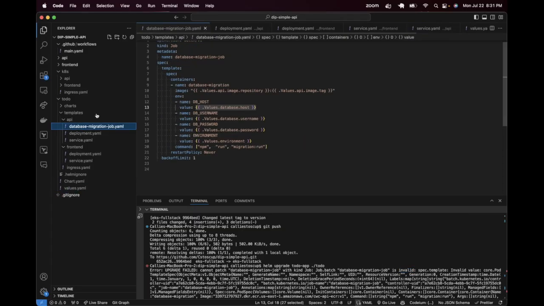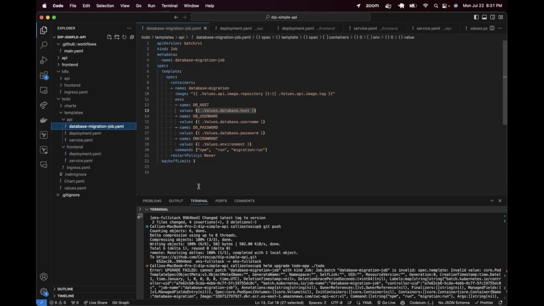Okay. So what does that mean? That means that you cannot edit a job. Once a job runs, it runs. Okay. So we need to have a new job created every time we want a new job. We can't just edit an old job because that job is done, okay? So what we need to do in order to trigger a new job is to change the name of the